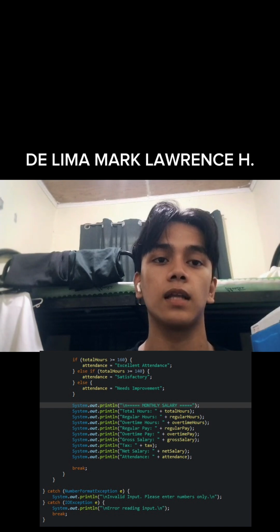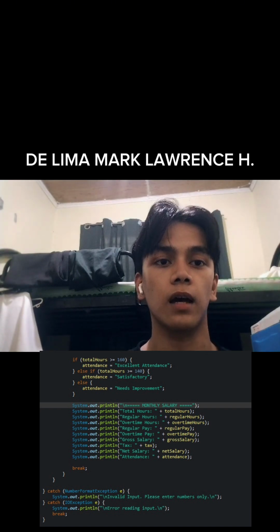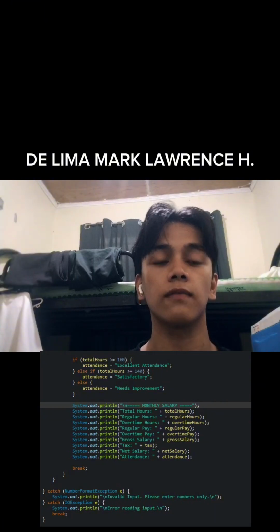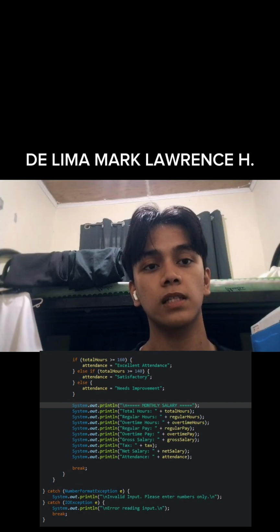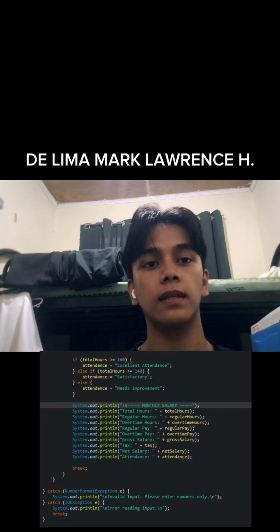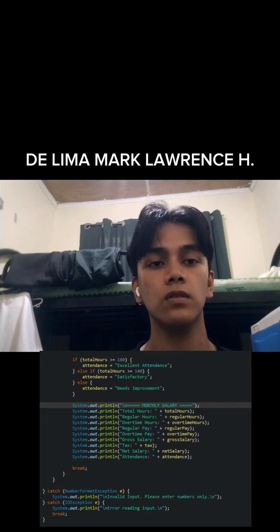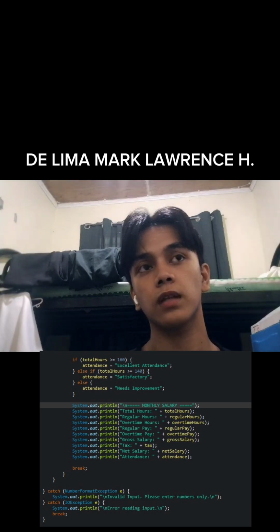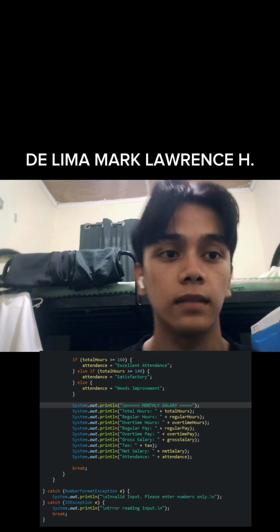Next is the error handling. For error handling, we use a try catch block to check if the user's input is invalid. We use NumberFormatException if the user inputs an invalid number, and we use IOException if the user input is an error or invalid. Thank you.